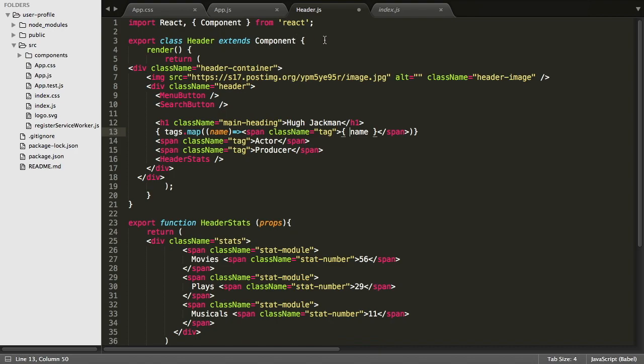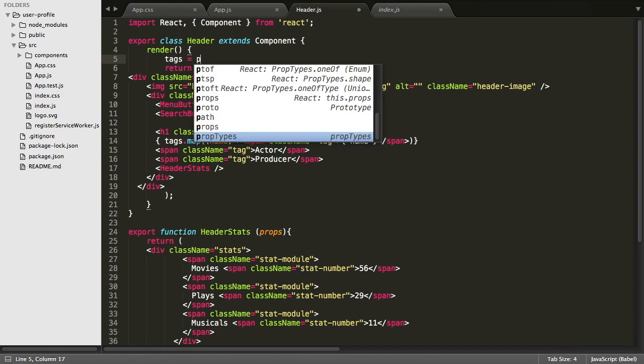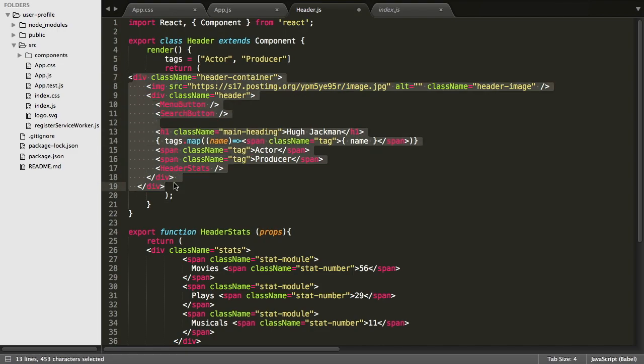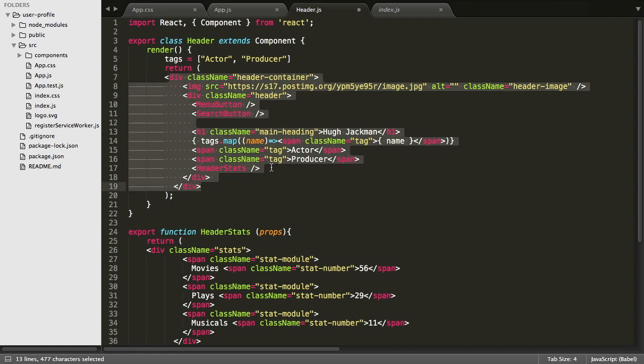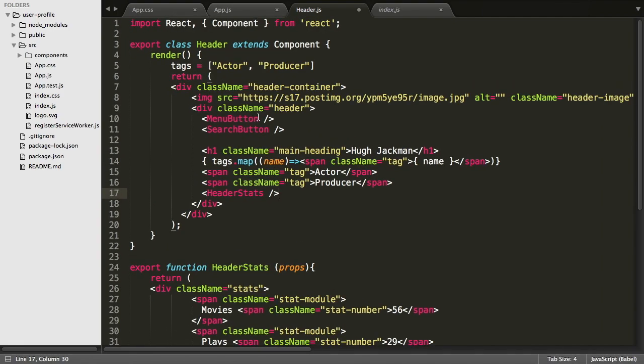And right up here, right above our return method for our render function, we go ahead and say tags equals an array with actor and producer. All right. And let's make that look a little bit better. Let's make this a little bit bigger. Good. So now if we take this out